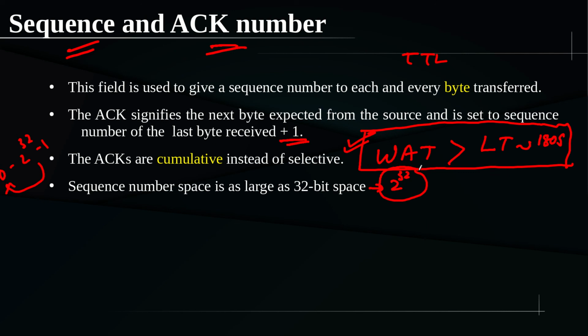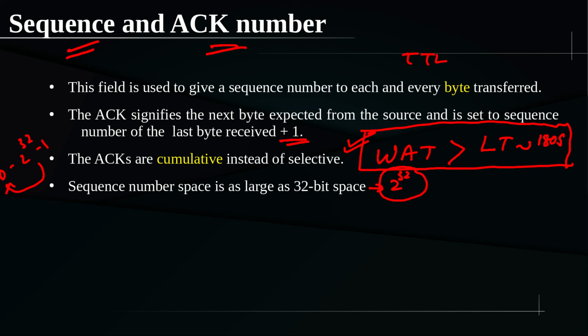And also sometimes we start a sequence number with some random initial value instead of starting from 0. Why it is to be started from a random initial value, you can think about that maybe as an assignment. If I keep on explaining all this, it will go beyond our syllabus. All those things are very nice to read, maybe from Tanenbaum, and you will get an idea about them, right?